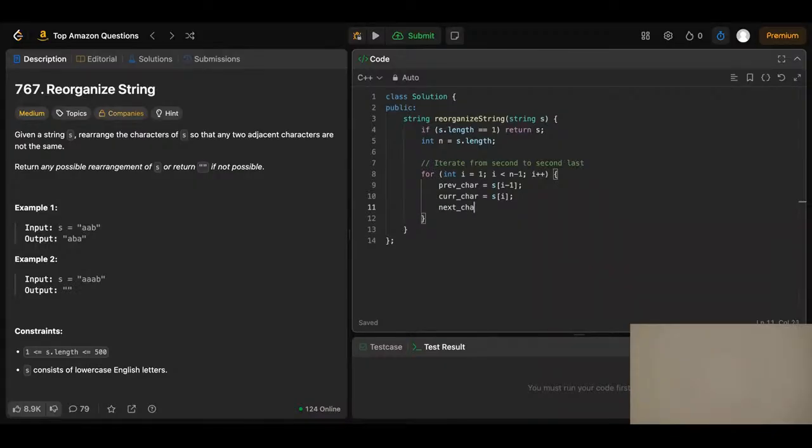And next char equals S at I plus 1. And all these are chars. Okay, so if current char doesn't match the last one or the next one, then we're good. We just move on. But if it does, if current char equals previous char